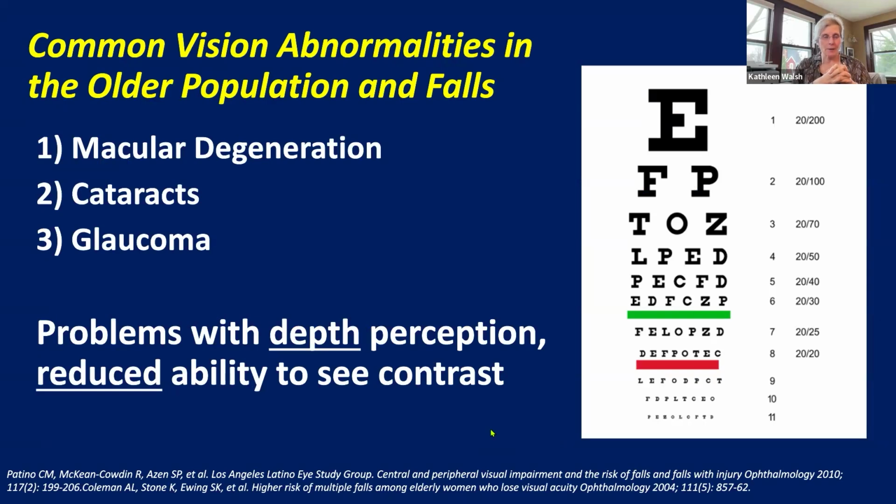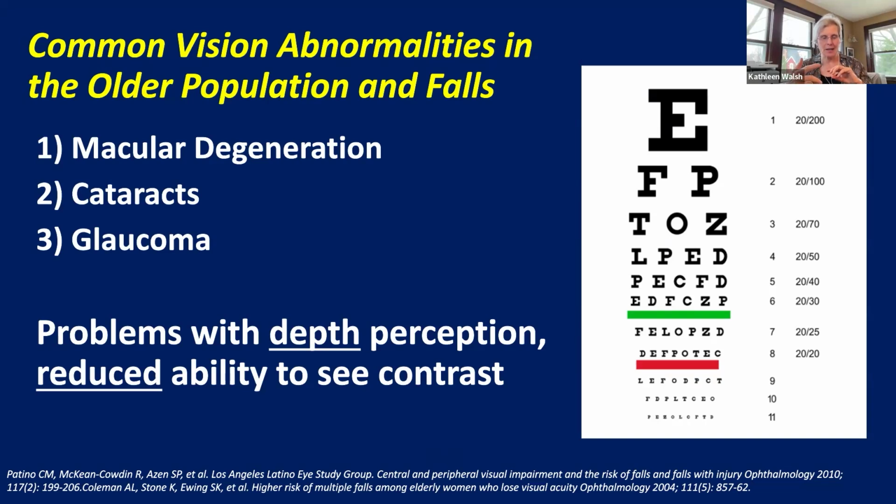So remember Tom, our patient who had glaucoma. Your patients with visual abnormalities, and probably at least 60, 70% of patients in a skilled nursing facility will have some vision issues. Macular degeneration is central vision loss. It's important to know this too. Cataracts are global vision loss, and glaucoma is peripheral vision loss. So Tom with glaucoma would bump into walls. He just couldn't see the peripheral area of what was going on, versus macular degeneration, which is central. But with all three of these, your patients will have decreased depth perception and reduced ability to see contrast.